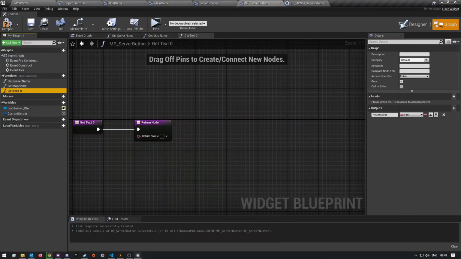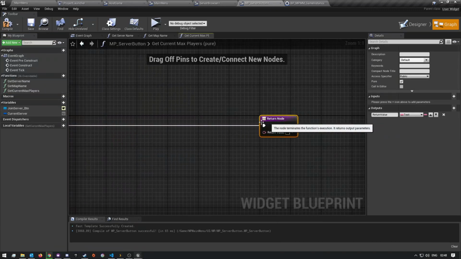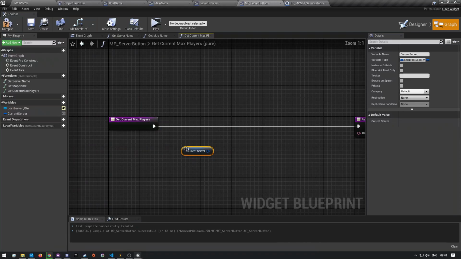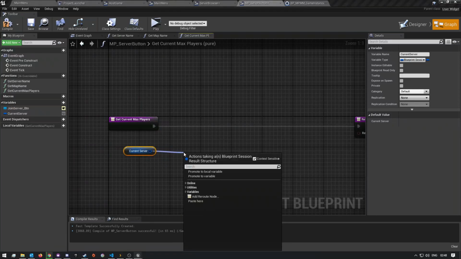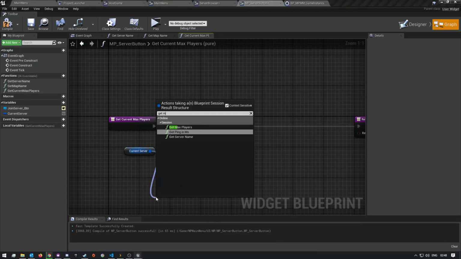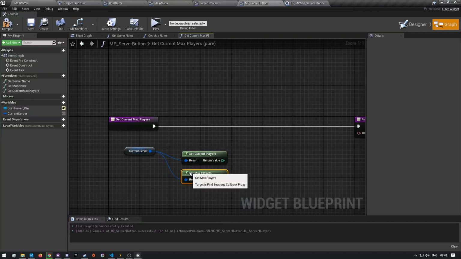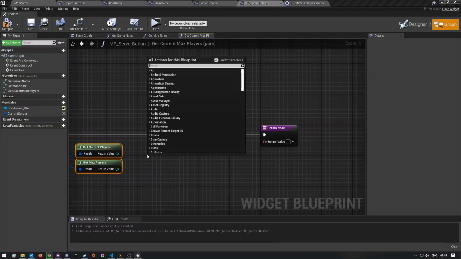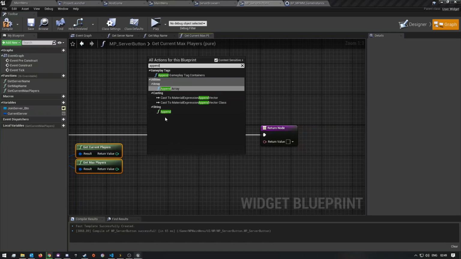So this one is gonna be get current max players, and then over here we're gonna get the current server again, and then over here we're gonna say get current players, and then we're gonna say get max players, and then over here we're gonna say append this one,